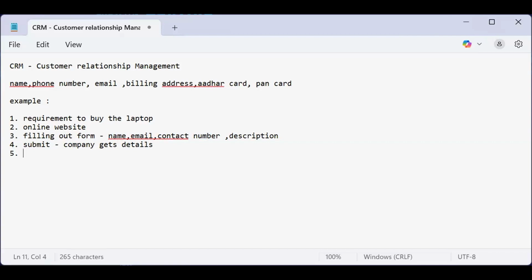So the sales representatives will call you, they will come and contact you, and they will go ahead and explain what are all the different laptops that they have, and what may best suit your requirement based on your price and configuration. All the things will be informed to you. So what is happening here? The company people, the sales representative, contacts the customer,